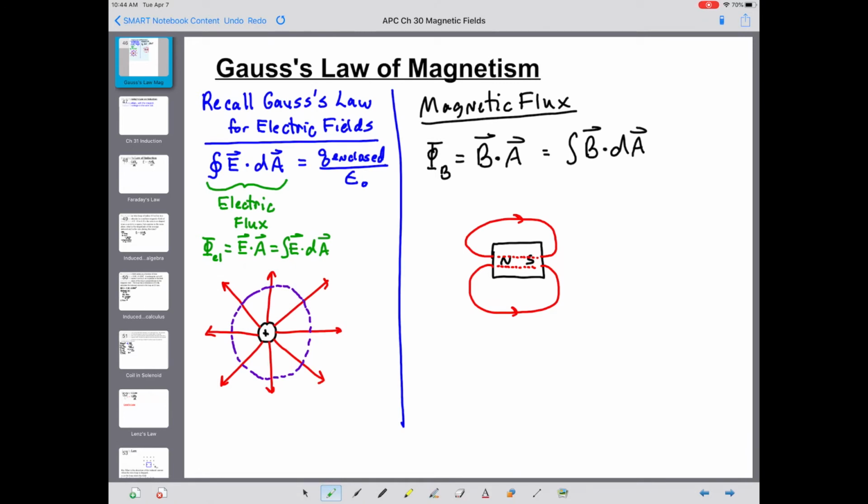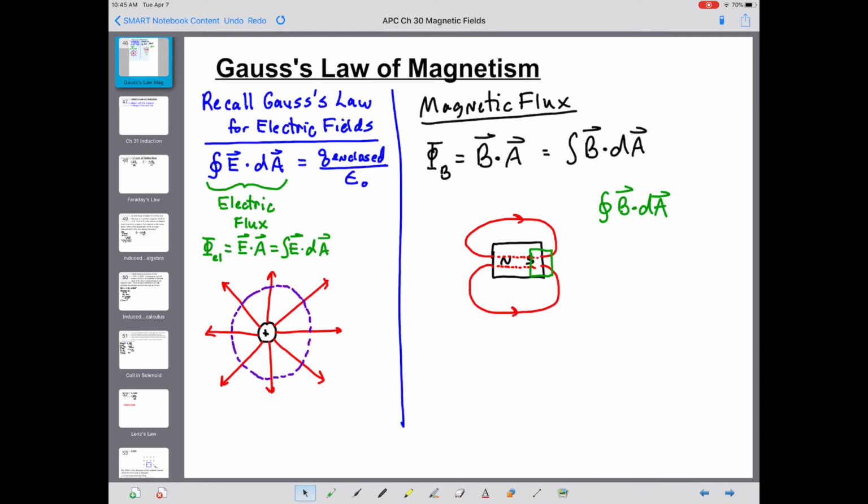Now, let's apply it to the idea of Gauss's law. With Gauss's law for electric fields, we introduce the idea of a closed surface. So let's ponder a closed integral of B dot dA. Well, if we picture a closed surface, use your imagination, this is now a cube. So if I move this cube